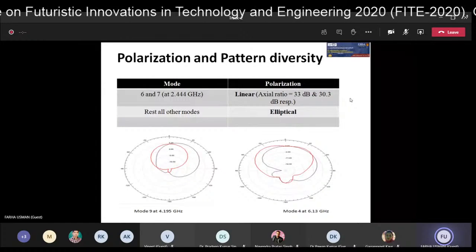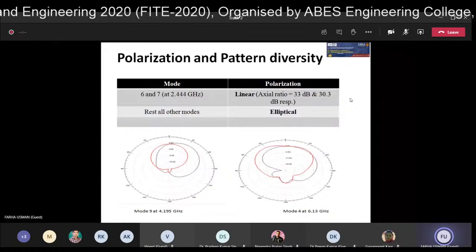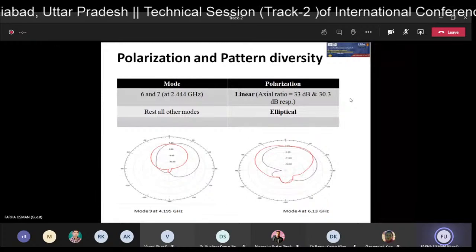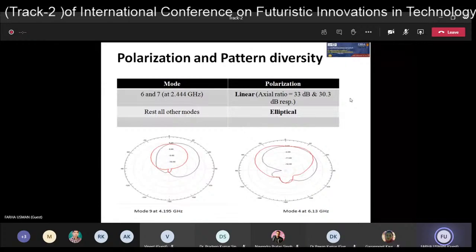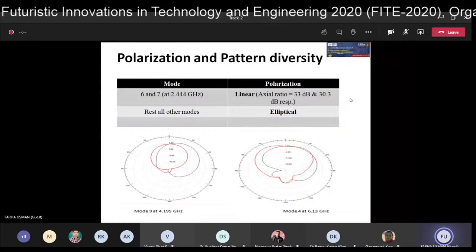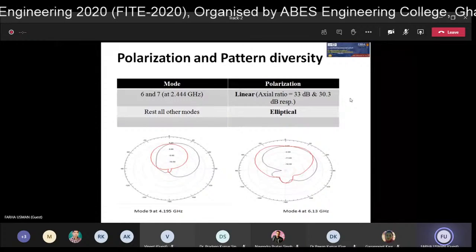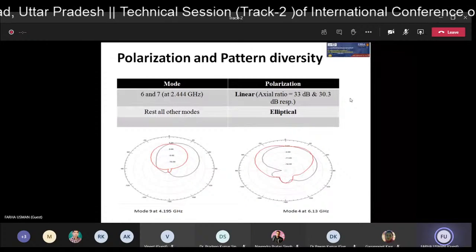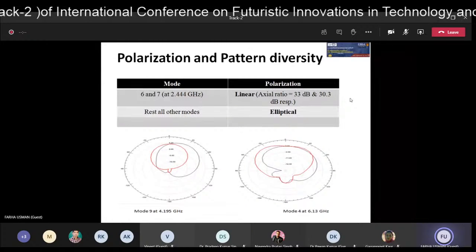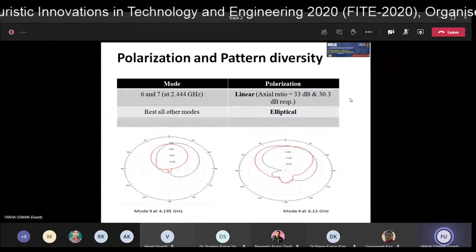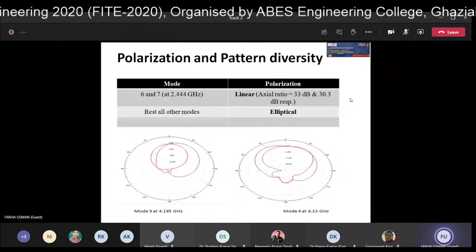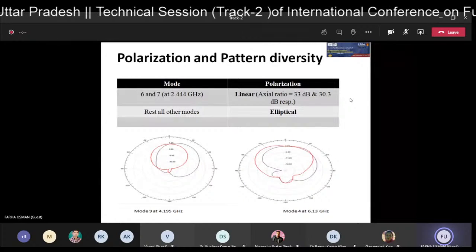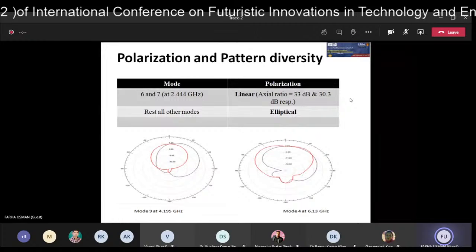Regarding polarization and pattern diversity, it has been observed that this antenna exhibits linear polarization in mode 7 and mode 8 at 2.44 gigahertz frequency, because the axial ratio is 33 dB and 30.3 dB respectively in these two different modes. In all other modes, this antenna exhibits elliptical polarization. Regarding the pattern diversity, we can see on the screen,